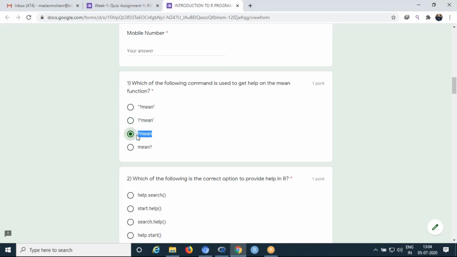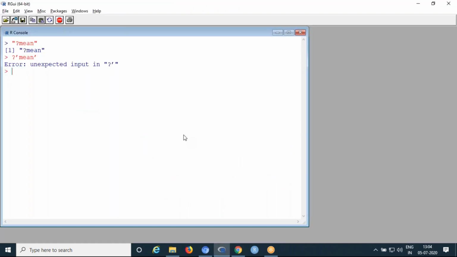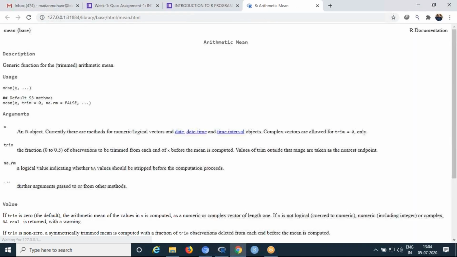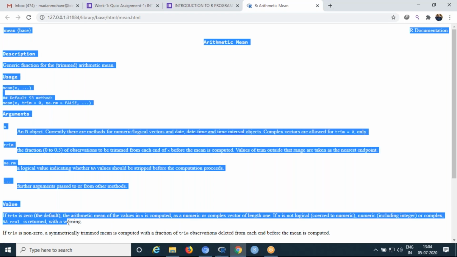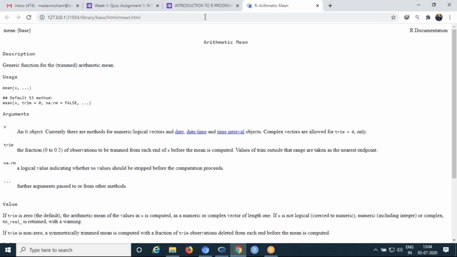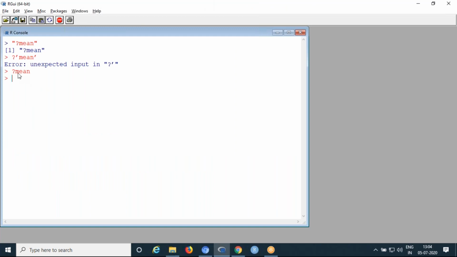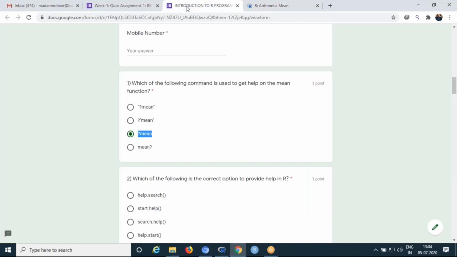Then coming to the third one, question mark main. You can execute this one. Now you can see it is showing the output. It moves to the HTML page where the help about the main function is presented. So this is the correct syntax. Now like that you have to see one by one which is the correct option that you can opt for.